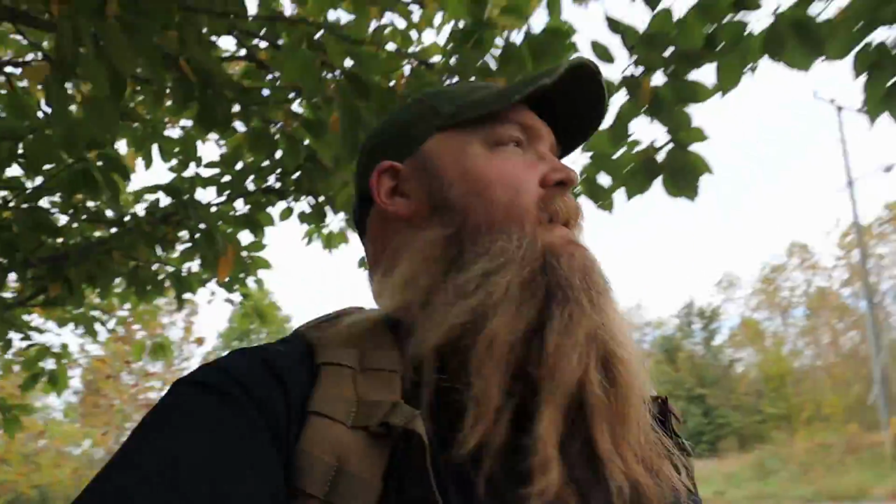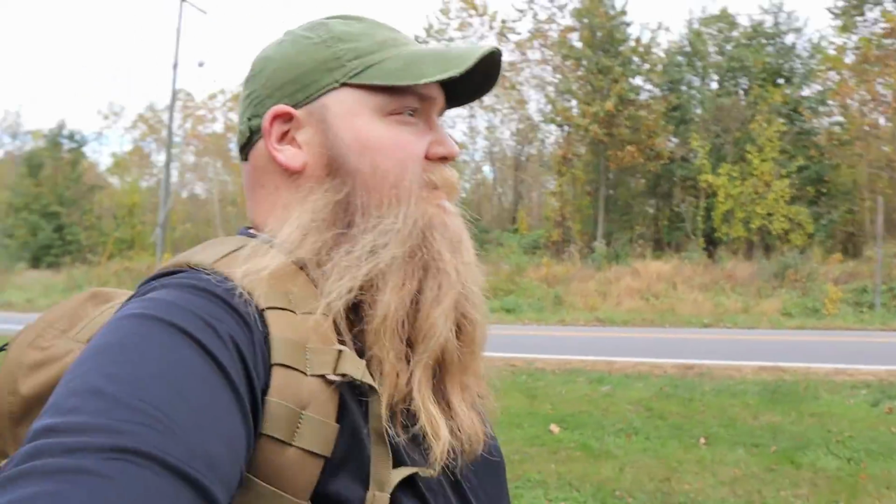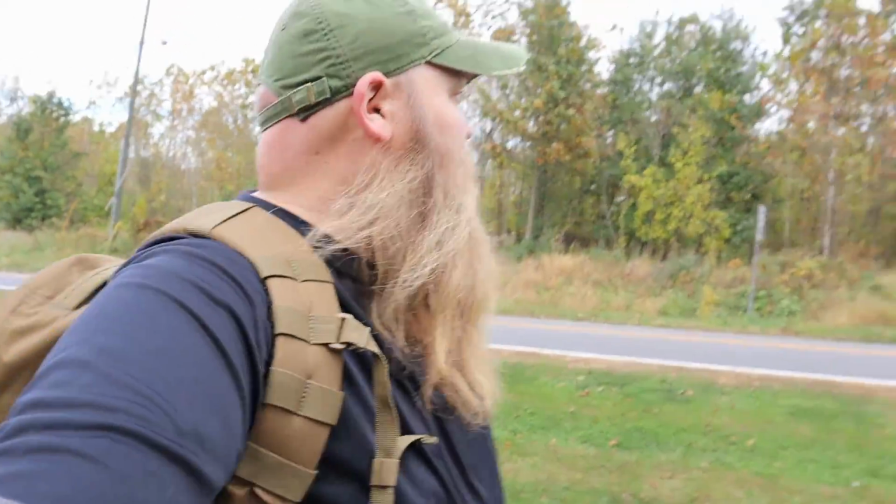Anyway, I'm not here to talk about leaves today. I'm here to talk about plans and training. Work truck. There might be a few construction vehicles coming out here because they're building something big down to the end of this road. So if this section seems a little bit jump cutty, it's because I'm removing road noise. But anyhow,